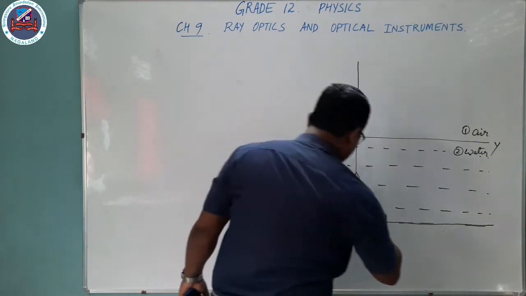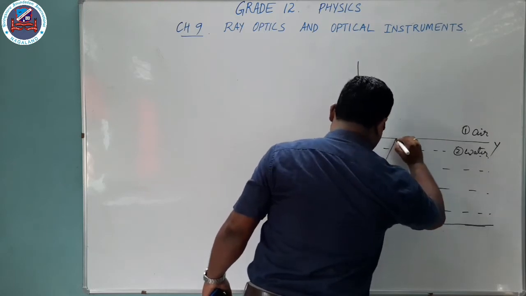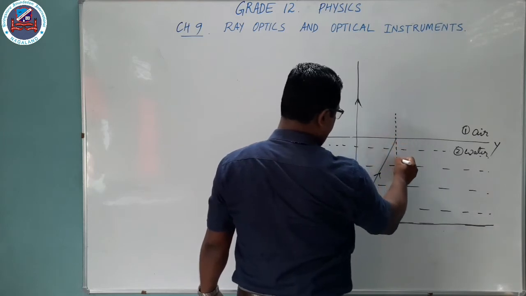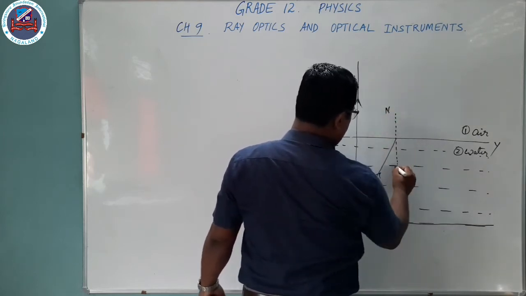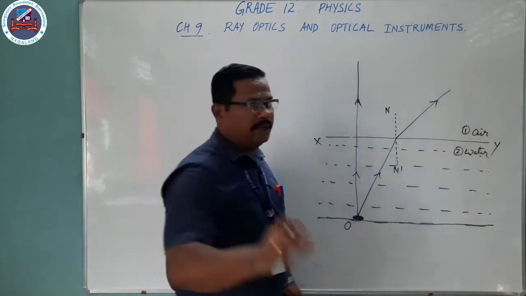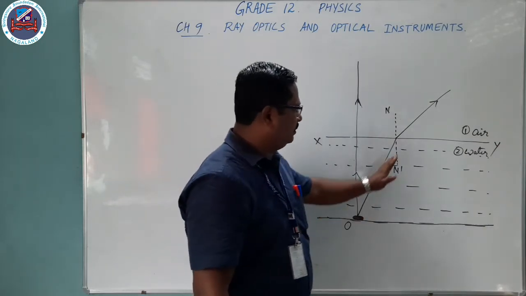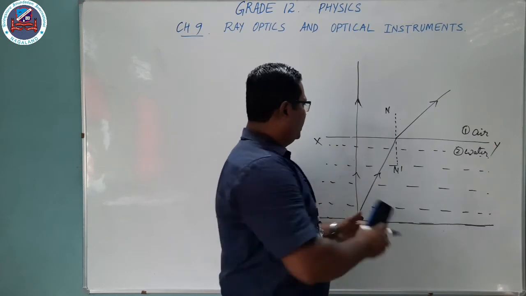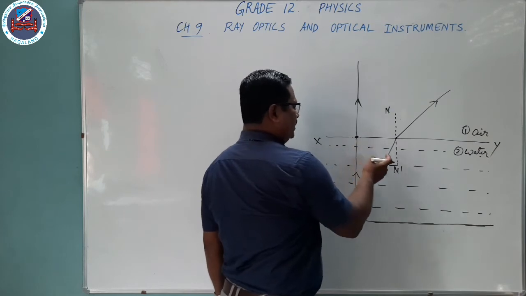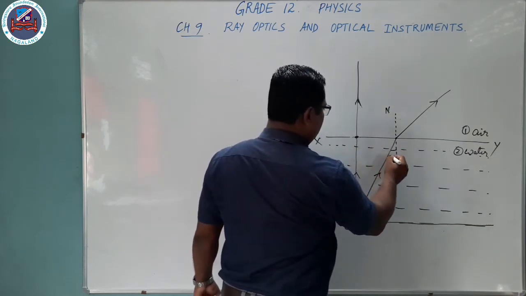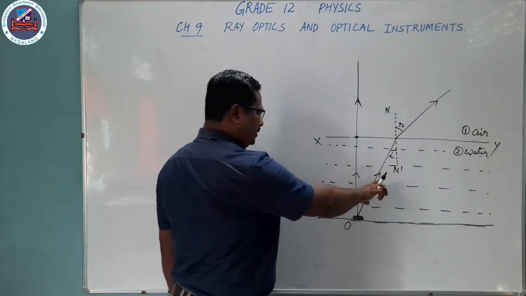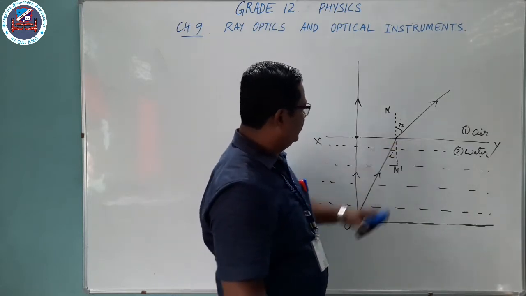Now the second ray, if you draw this way obliquely, then light is entering from water to air. This is your normal, let it be N and S. It will go away from the normal. For making our study easier, I am taking the oblique line with a large gap here. Actually, this point and this point, they are very close to each other, negligible. But that time we cannot write down clearly the angle of incidence, angle of refraction. That's why the slanting line is taken a little bit far.